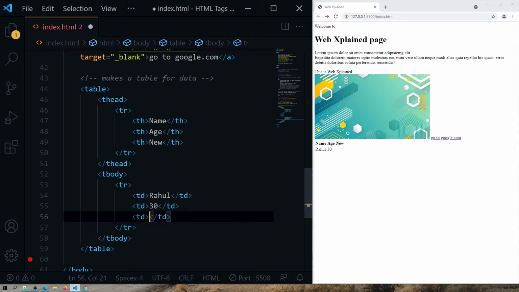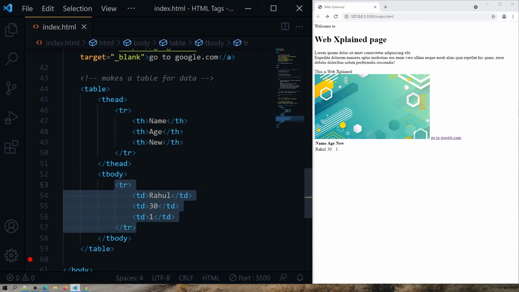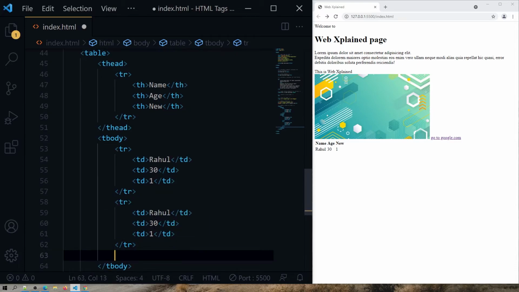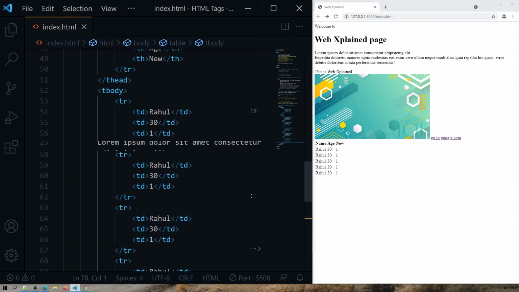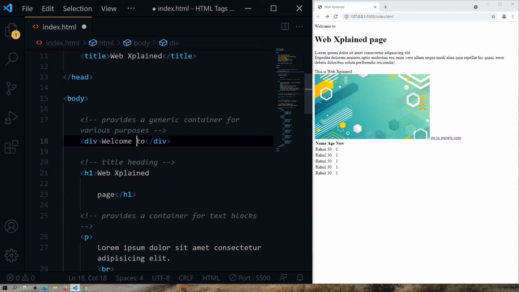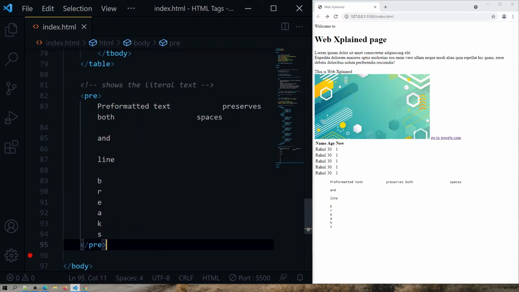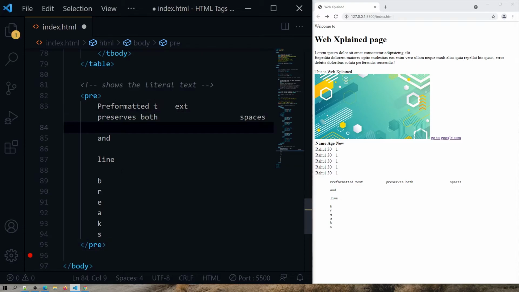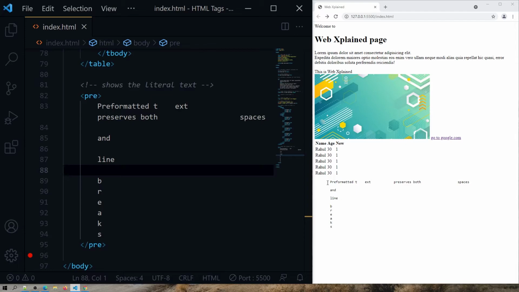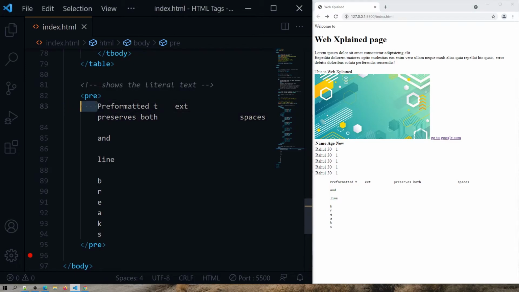To increase the number of columns, all you have to do is add another TH tag and add TD for its data. If you want to increase the number of rows in the body, you can copy paste the TR tag as many times as you want and change the value. I have told you before that if you give spaces or insert any tags, the HTML won't treat it as a new line. But we can use the pre tag. It stands for pre-formatted text. The spaces and the new lines will be treated as they are. The content started from here because you can see that there is a space here.